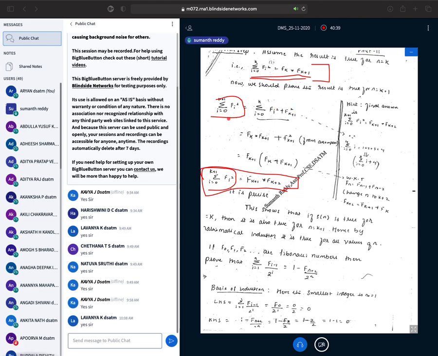Suppose I have the summation of i equal to 0 to n of f_i squared; that is the same as the summation of i equal to 0 to n minus 1, plus the last term. So the last term, instead of including it in the summation definition, I have written separately. And what is the last term? The last term is for k plus 1. I have written only till k, and the last term I have written with respect to this Fibonacci number, that is f of k plus 1, right?